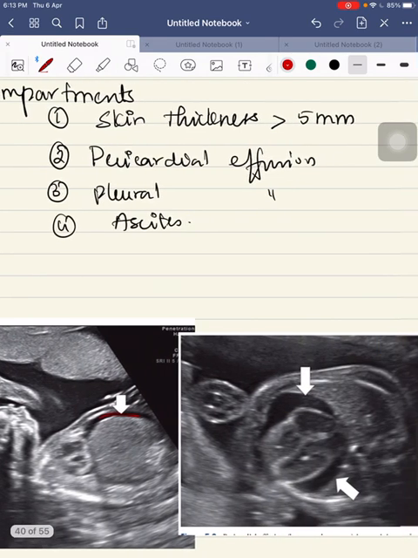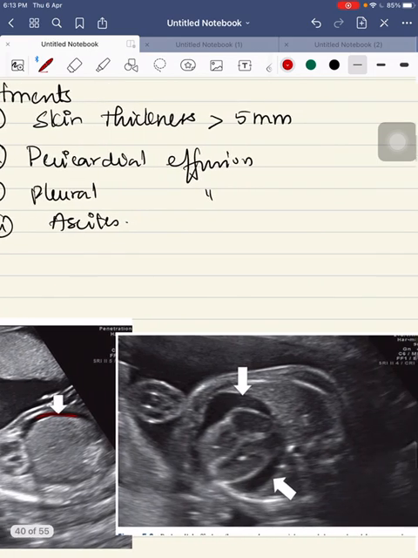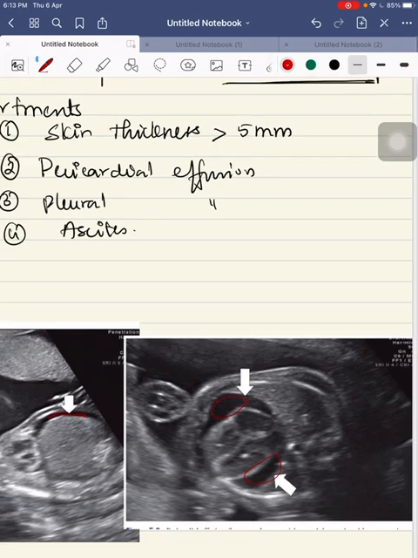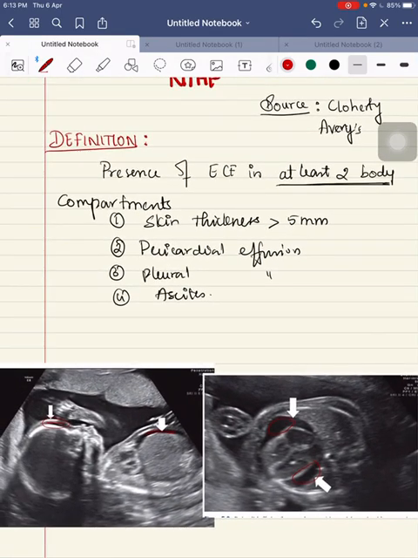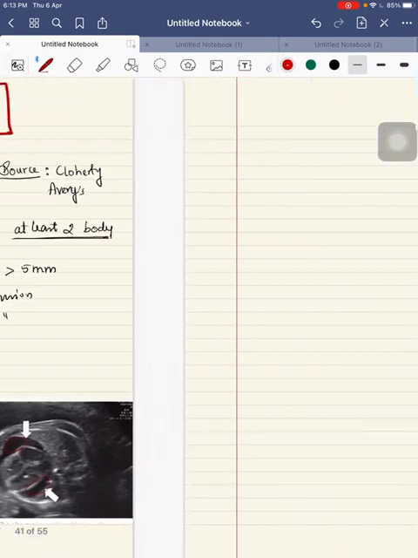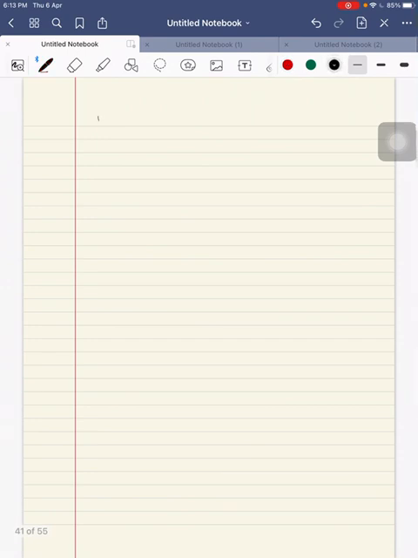This red color is ascites in the child, and this is the skin thickness which is more than 5 mm thickness. In this picture I have shown pericardial effusion. These images are taken from Guwahati. The additional findings can include, in this child while they are doing a USG,